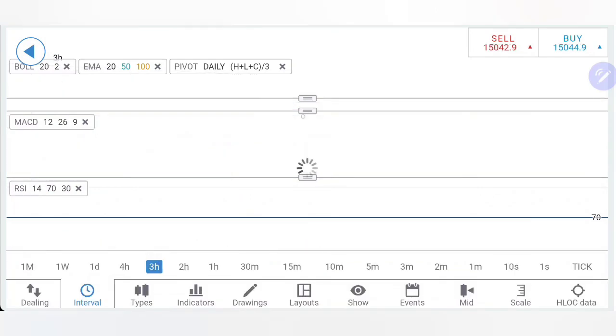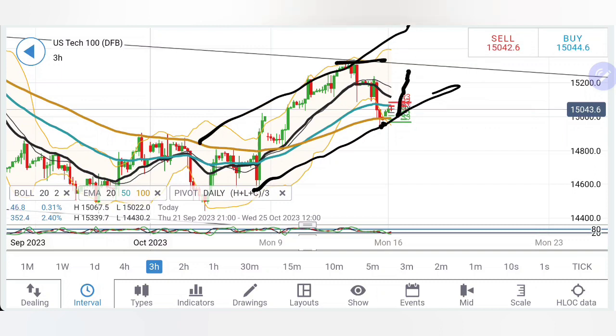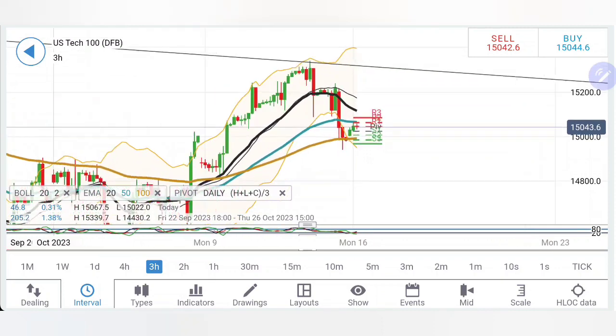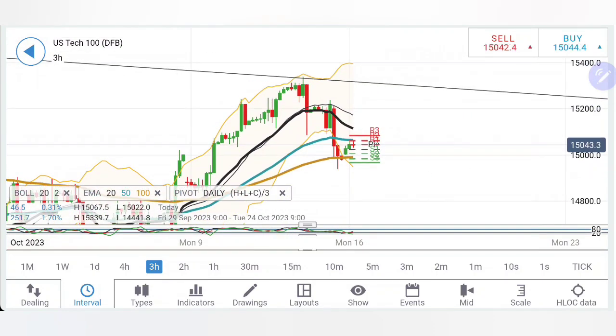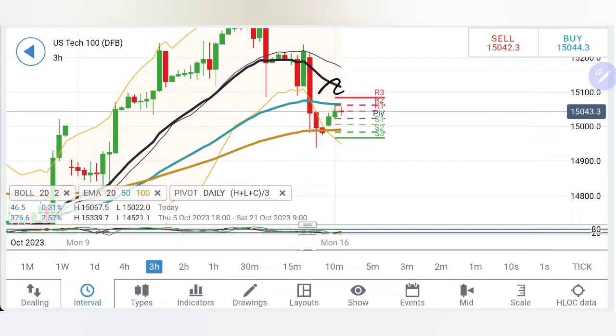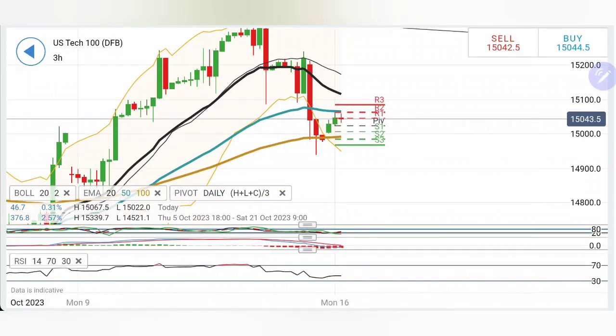RSI comfortable at bottom. Coming to 3. See, on the 3 hour charts, if you note, this is the bullish channel in which it is trading. Reversing from the bottom of the channel, the top is very much fixed, and this could possibly show a squeeze here before taking a direction. And thus, any move beyond 15350 is where we can look forward to a reversal confirmation. Right now, this is just a retracement. As long as 15200, 250 levels are not breached, we should not be treating this for a reversal.